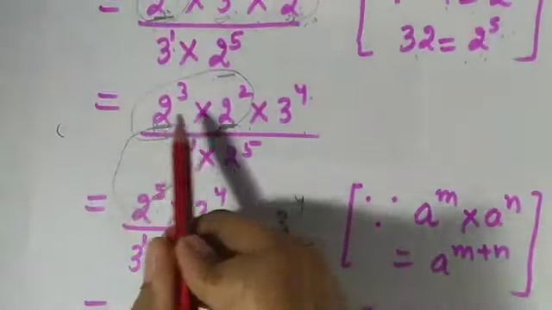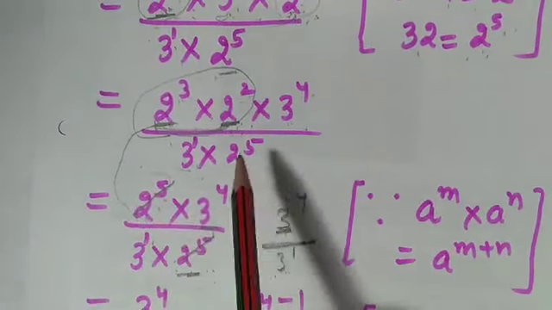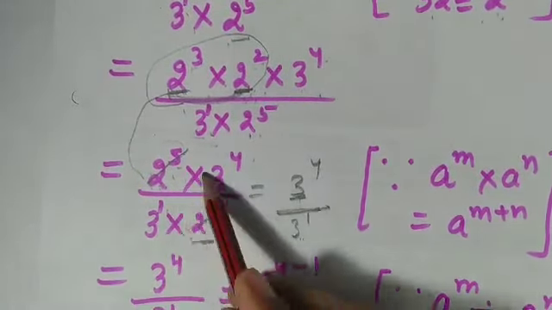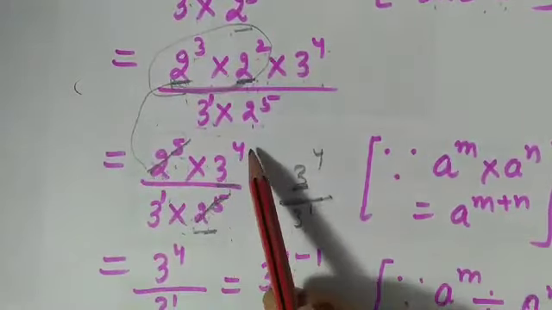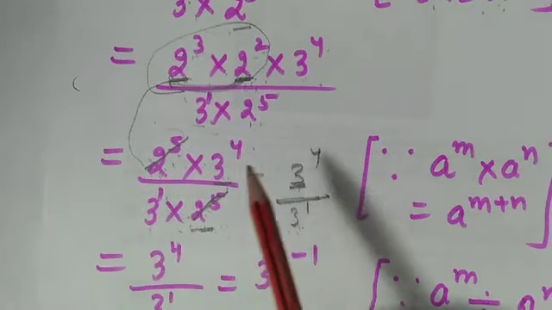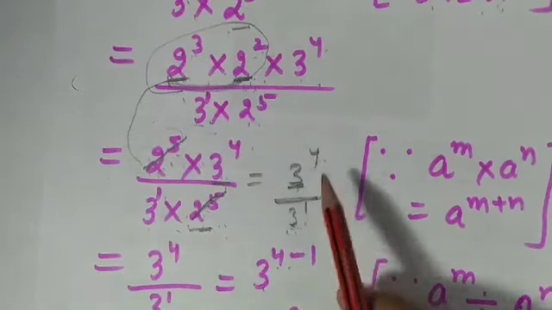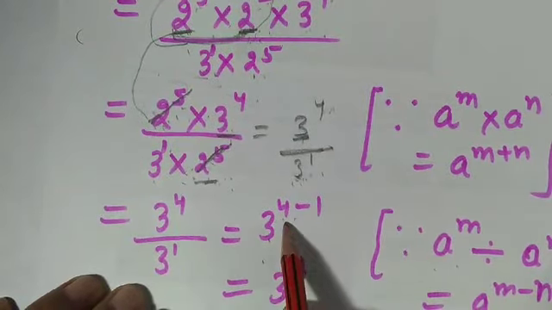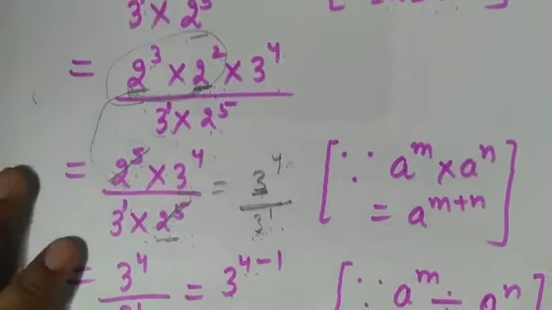Now these are the same base and powers get added. So this will be 2 raised to the power 5. This remains same. Here also the denominator remains same. Now we are doing the division and these are the two same numbers, so they get cancelled. I am left with 3 raised to the power 4 divided by 3 raised to the power 1. It will be same base and we are dividing them, so the powers get subtracted. So it will be 3 raised to the power 4 minus 1, that is equal to 3 raised to the power 3. And again I am telling you, you have to mention the law wherever you are using it. Okay, so this is your part A.